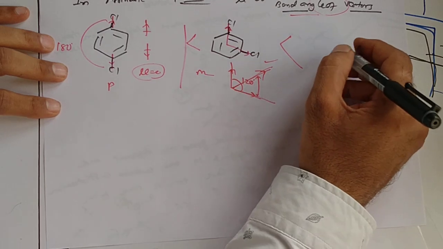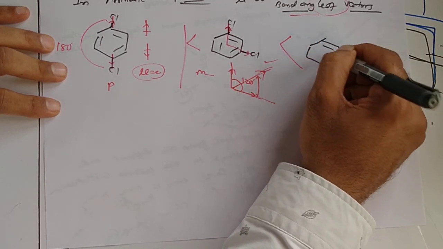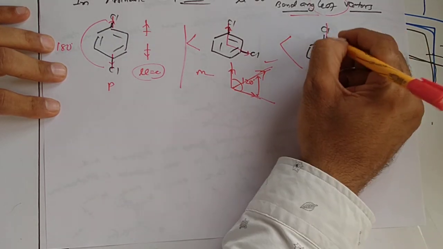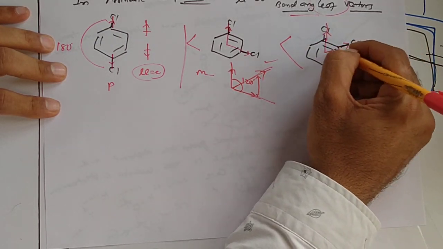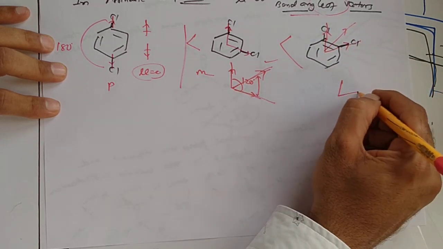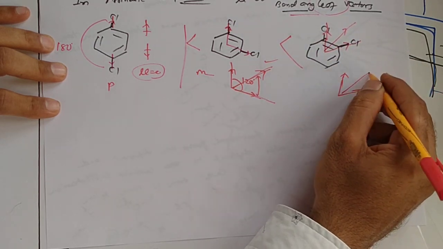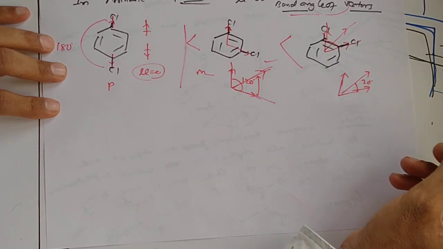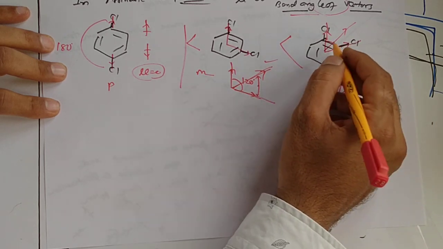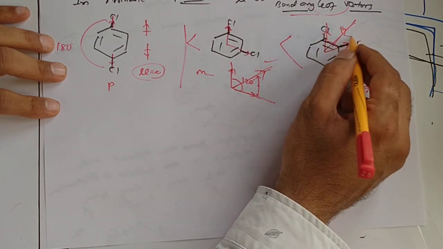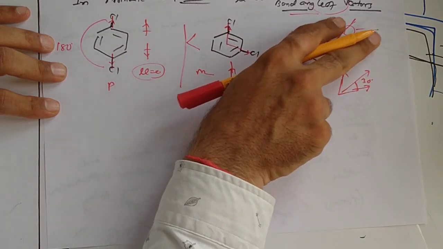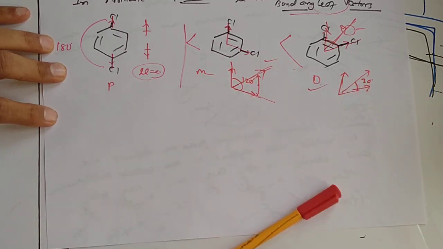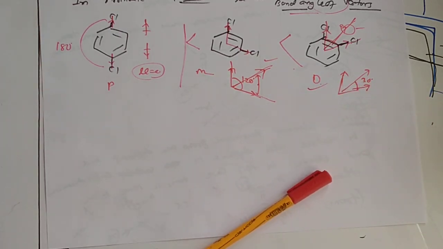Now in ortho, if 2 chlorines are lying on adjacent places, the polarity is toward carbon to chlorine. So the average of these two, here the angle is 60, so the average we get is at 30. So the angle decreased here, so the average vector of these two is higher. So dipole moment in ortho position is higher. Understood?